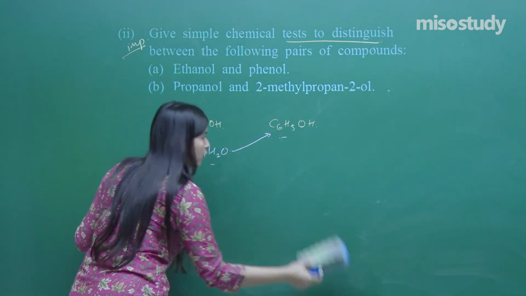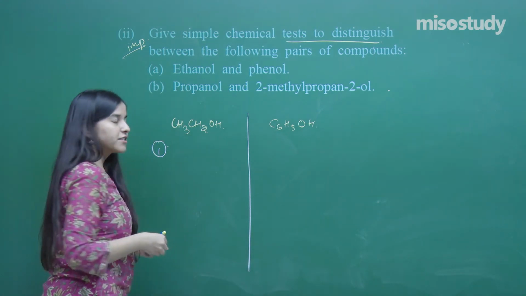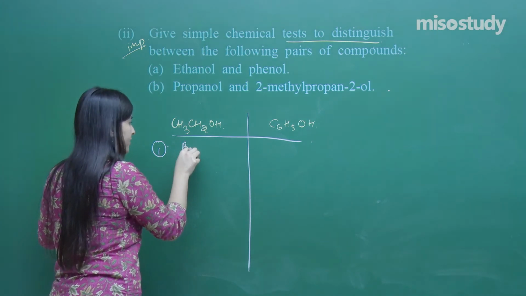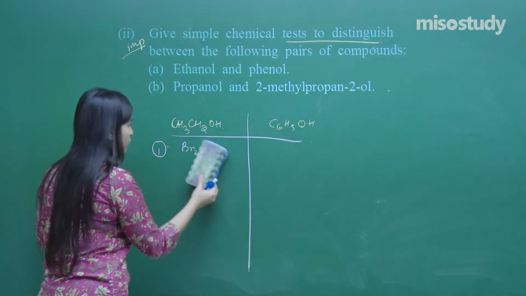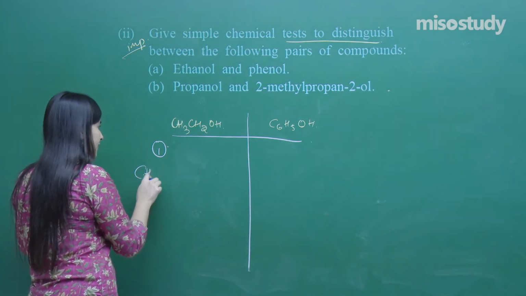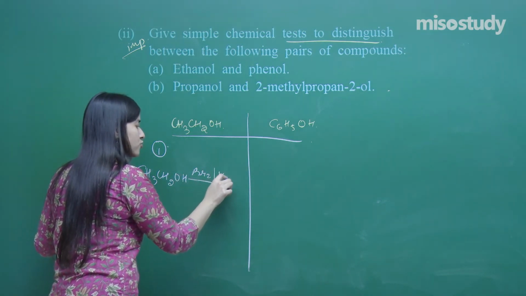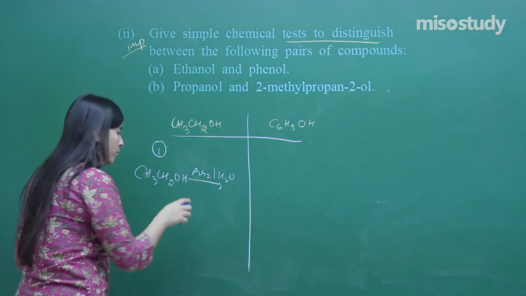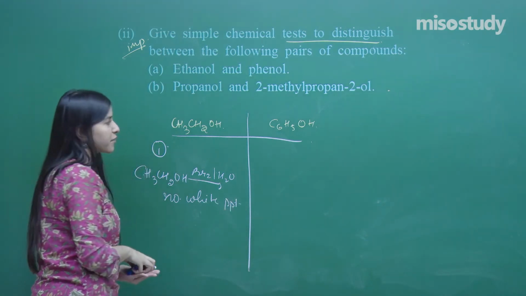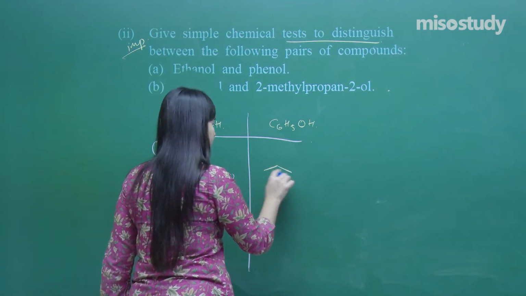So for this, how you have to write down in the exam, that I am going to show. Divided into two parts, fine. First is the bromine water test, Br2 H2O. Okay, don't just go for this heading, just try to write down the entire reaction for it. Br2 in the presence of water, no white precipitate obtained. Why have I written white precipitate? Because in the case of phenol, it gives white PPT. So we have got C6H5OH, phenol,